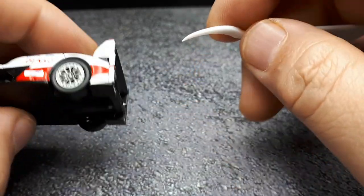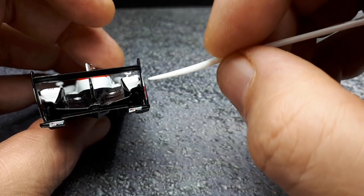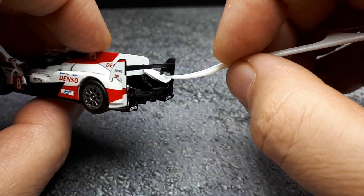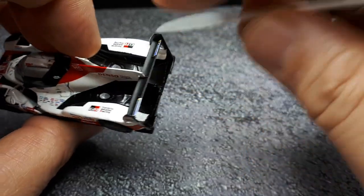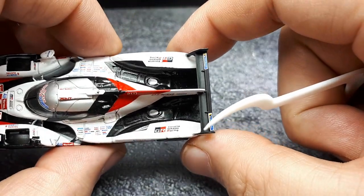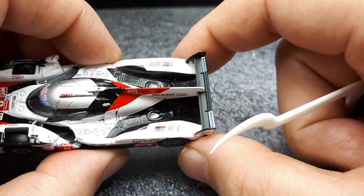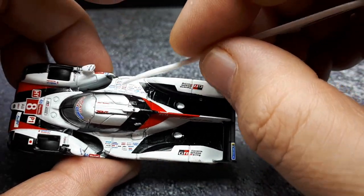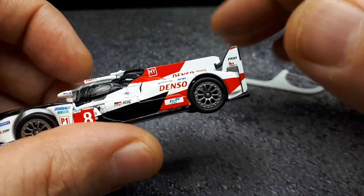Some vanes there. So the wing, yeah, it's nice. The verticals and the horizontals aren't super thick. They're not thick like a Hot Wheels, so it's definitely better. Okay, well, there seem to be a lot of ports and access hatches here to get into everything. Let's see about this